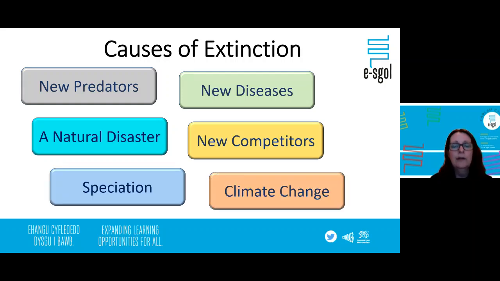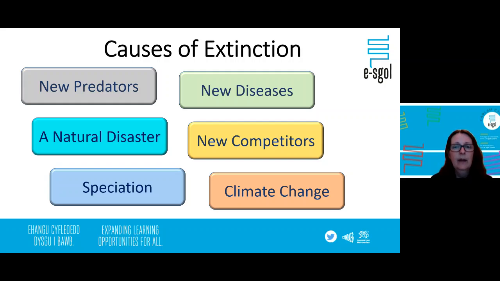that may cause extinction. So if a new predator moves into an area, that might lead to a change in an environment or in the ecosystem. So as predators move in, then they are going to take away that particular organism from an environment that it lives in. So a new predator will lead to a reduction in a species. And it could be that there is one or more of these particular situations that might lead to extinction taking